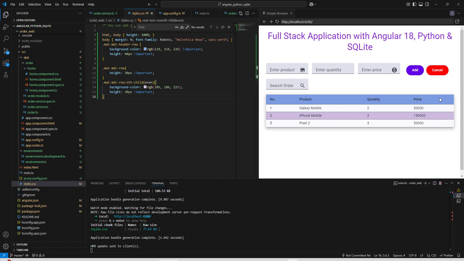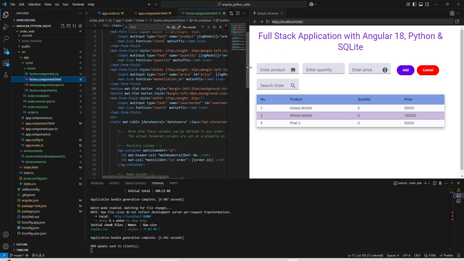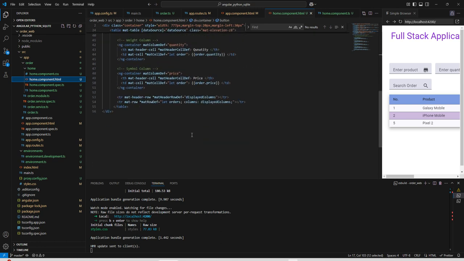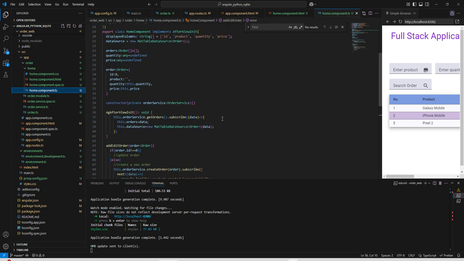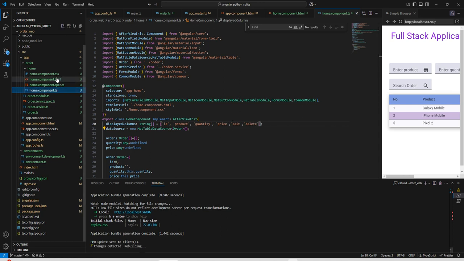Now let us add the edit and delete buttons so that we can implement that functionality. For that we can go to our home.html, and here we can add two more ng-containers for two columns. First thing we need to do, we need to go to our home.ts file, and here we can see this is the displayed column list. First thing, here we need to add one for edit and the other for delete. Now let us go to